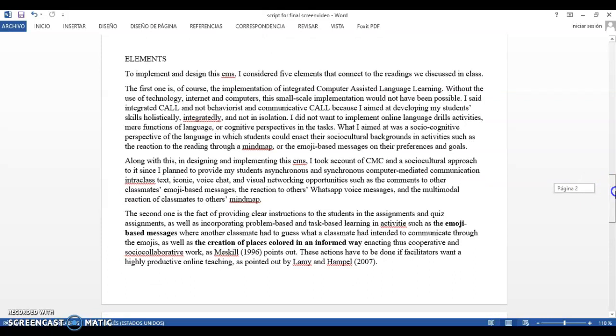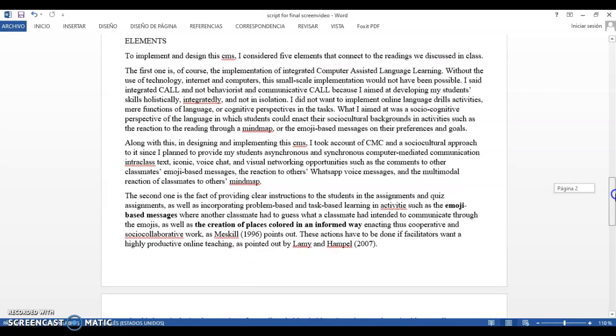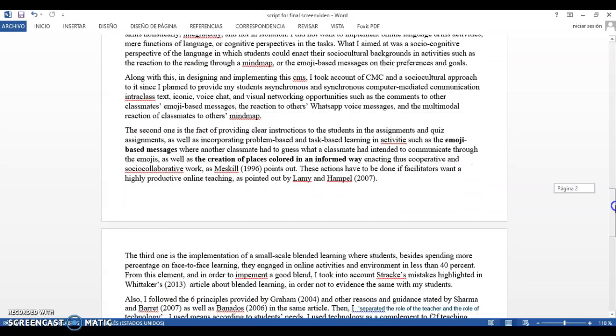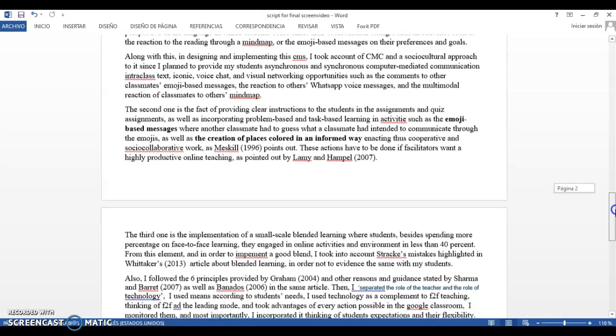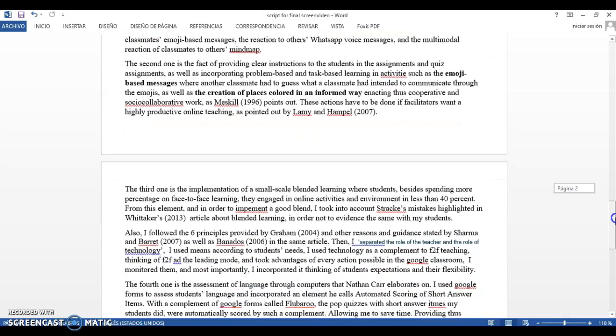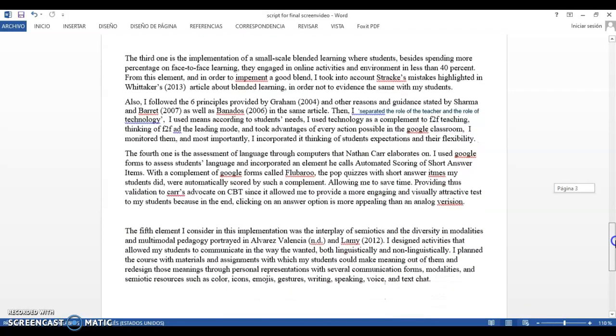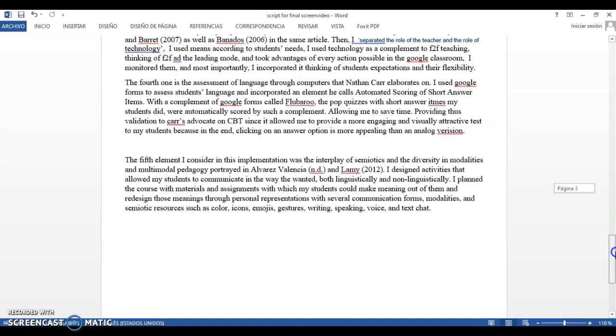Well, because of time, I hope the teacher can read this information. I'm so sorry, but my time was very limited. I have 14 minutes. These were some elements that I considered in the implementation. The first one is the CALL. The second one was, let's say, principles and guidance provided by different authors. The third one was blended learning. The fourth one was assessment through computers, which Nathan Carr elaborates. And the fifth, of course, is the most important, which is the implementation, the interplay of semiotic and